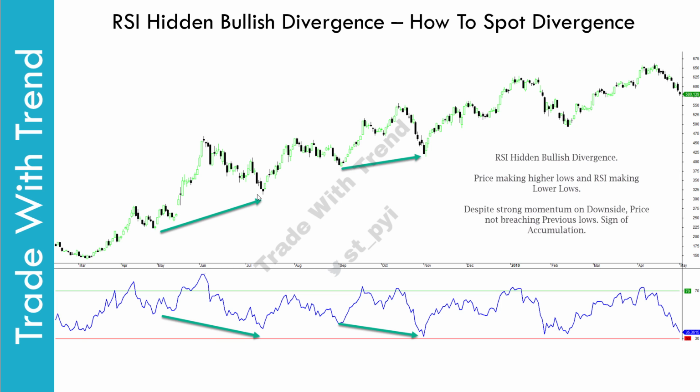I hope this particular chart is clear. What I'll do is, in the comment section, I'll try and post a few charts with volumes so that you guys can understand this particular point better.